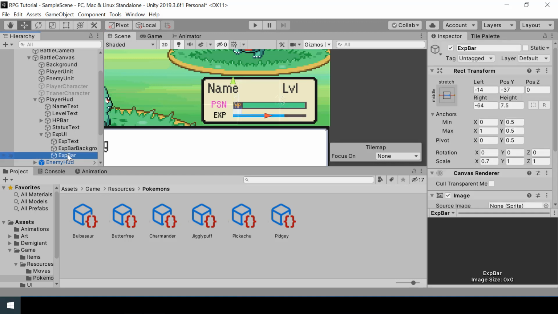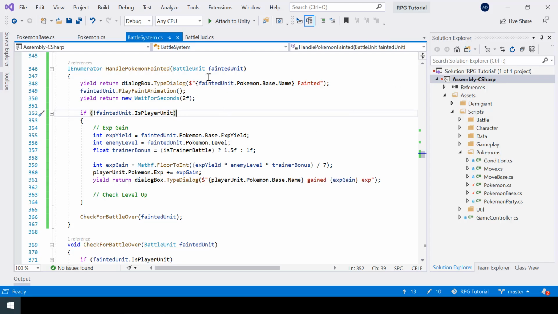So now all we have to do is normalize our current XP so that its value is between 0 and 1, and then set that as the X scale of the XP bar. Alright, so let's write the code to do that. So in my battle HUD script,